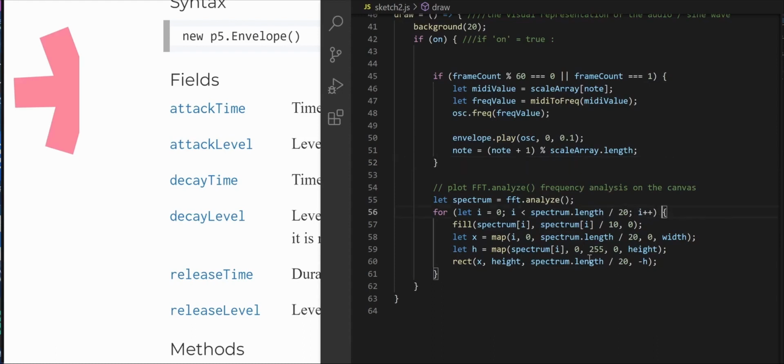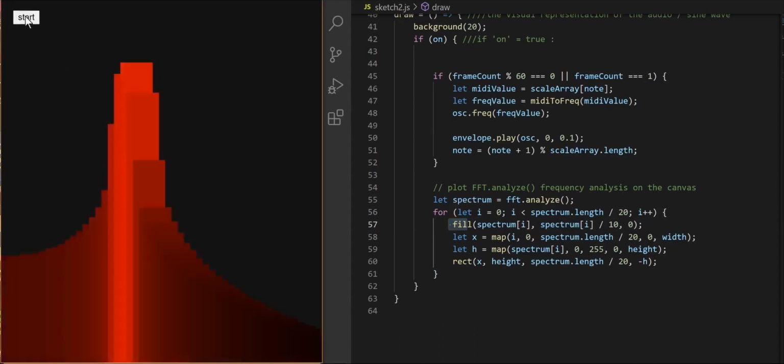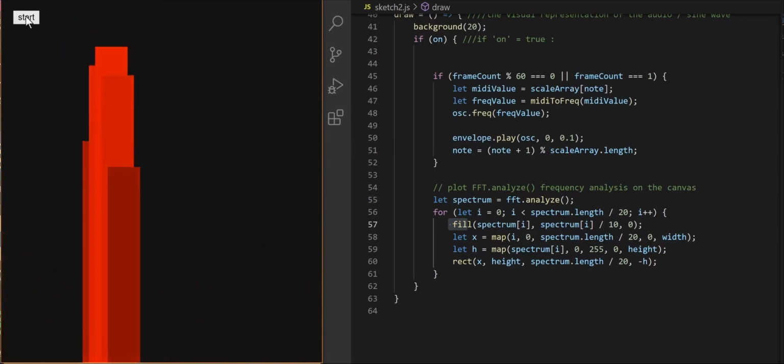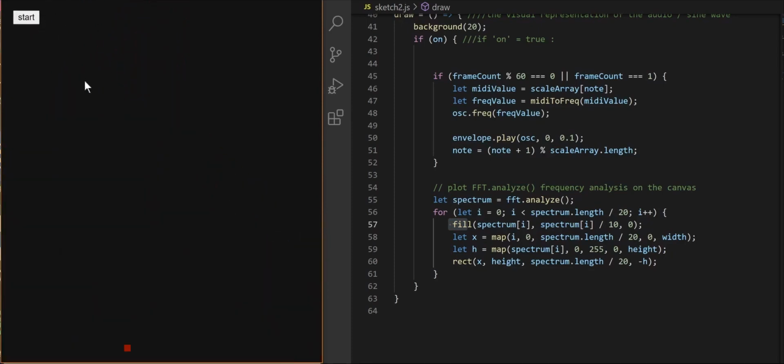So from here to here, this is all within the for loop, all of these. So we see that there's a fill, and the fill is going to be giving a spectrum. So this is what's giving the red some specific color there. So let's pull that up, and here we'll be able to see when I start that. So you can see that there's that interesting range running from the red to the black, and that's what this